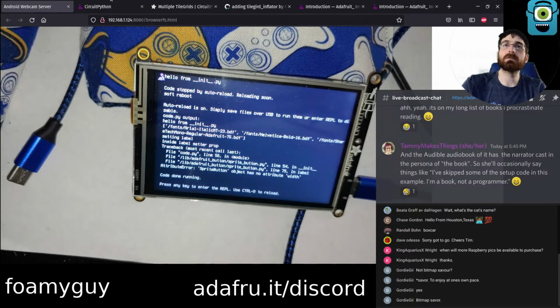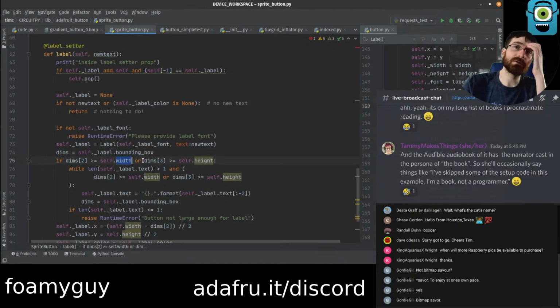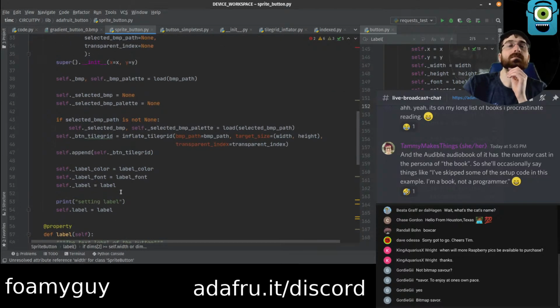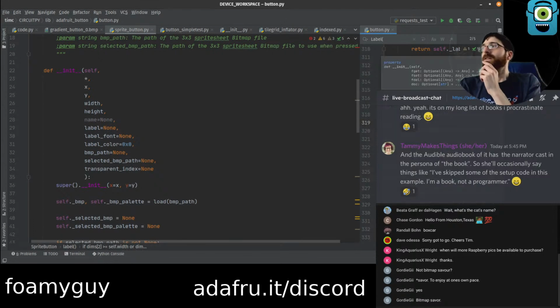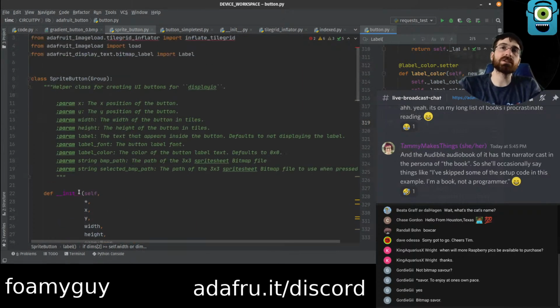There's no attribute width. So width, yeah, actually this is quite a bit trickier. How do we want to do this? Because in the shape button, our height and width are exact pixels, but in this one, they're tiles.